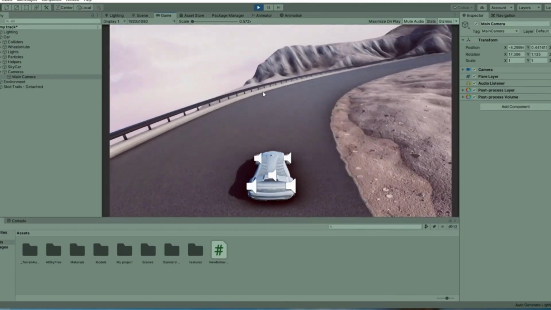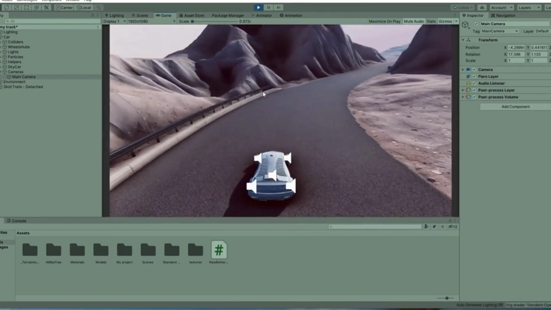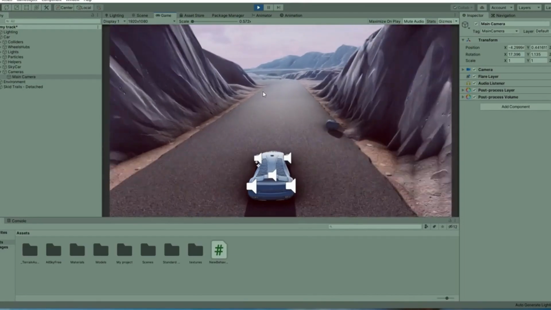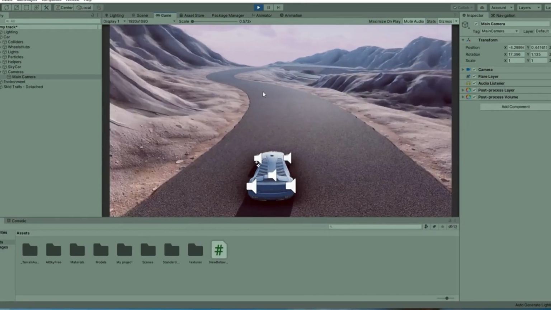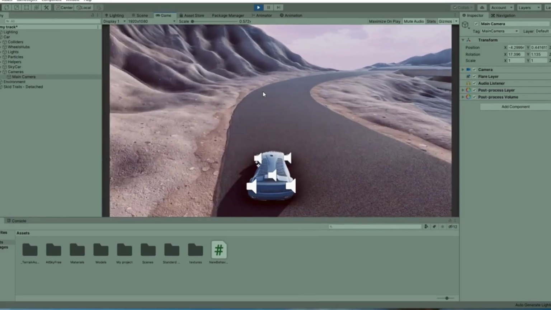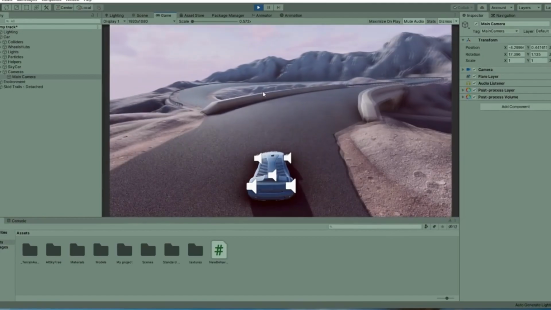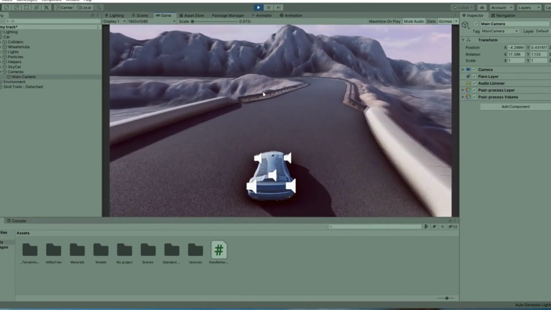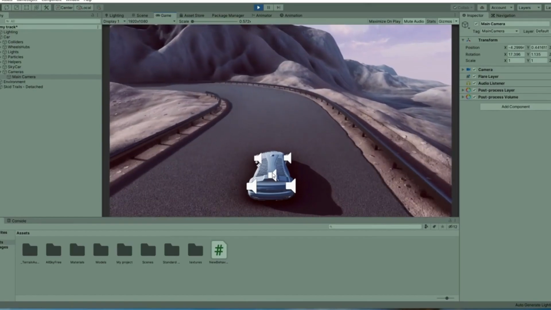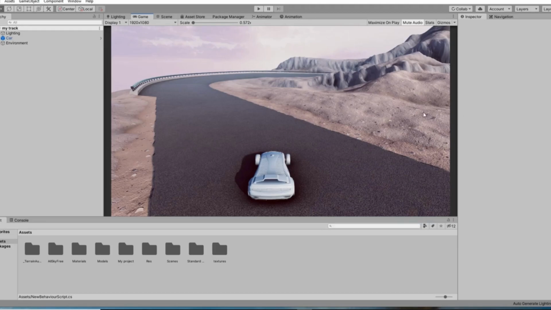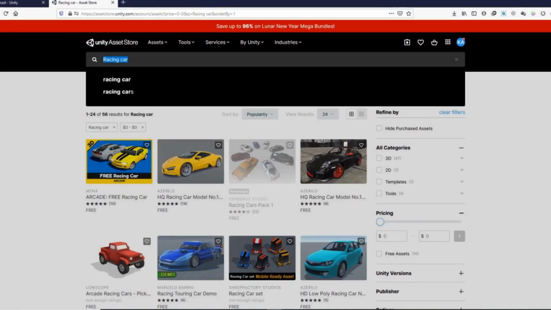So now we can drive our car, but you can see that this car is not looking great. So we will use the controls of this car, but we will change the look of our car completely. For this, we will download and import some car model from Asset Store and replace this car with this model. In this lecture, we will replace the car model of the standard assets car.